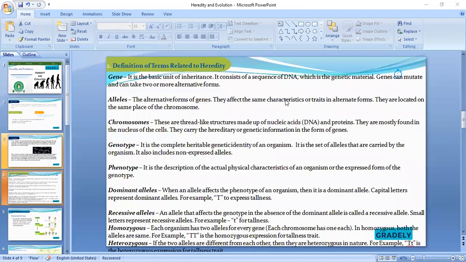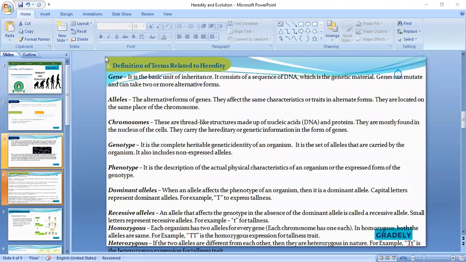Okay. Now let me explain. Someone mentioned alleles. I said, I hope you understood gene. I said they are basic units of inheritance. Now, when we're talking about alleles, they are alternative forms of a gene. Now, we said that they are located on the same place in the chromosome. Now, I told you something about chromosome when I was explaining. I said that they are thread-like structures made up of nucleic acids and what? And protein. When I was explaining that, I mentioned that we have two major types of nucleic acid. We have the DNA and we have the what? The RNA. Now, in the allele, we mean that they are alternative forms of gene.